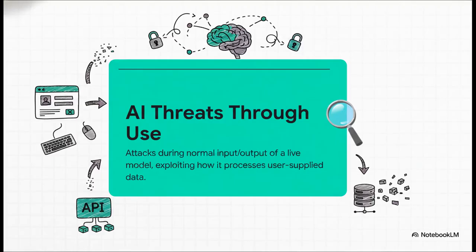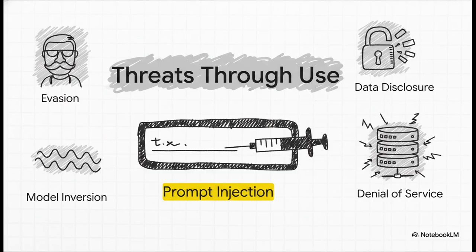And what's wild is that these attacks actually use the system the way it was meant to be used. They happen right through the normal user interface or an API, exploiting how the model interprets and processes all the data it gets from the outside world. This category covers a whole range of attacks like evasion, where you trick a model into misclassifying something, or even denial of service. But when we're talking about large language models, the big one, the one everyone's talking about, is